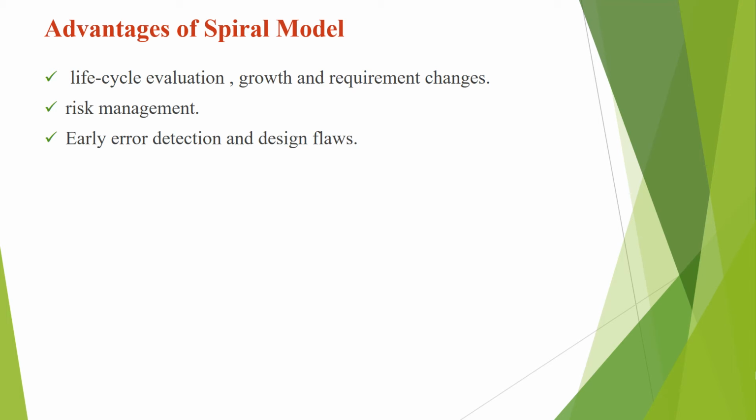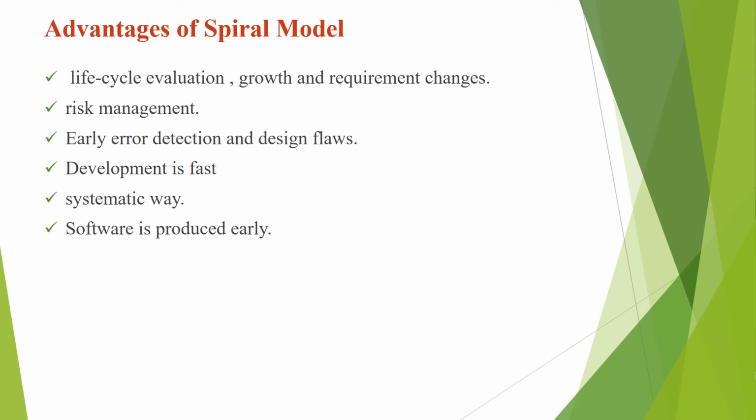Then the third advantage is early error detection, and design flaws are possible to catch in the spiral model. Then the development is fast and features are added in a systematic way. Then the software is produced early in the software life cycle. Then this model is suitable for high risk projects where business needs may be